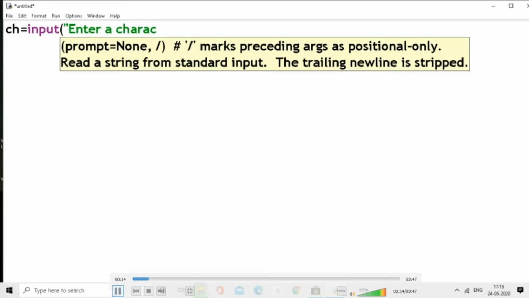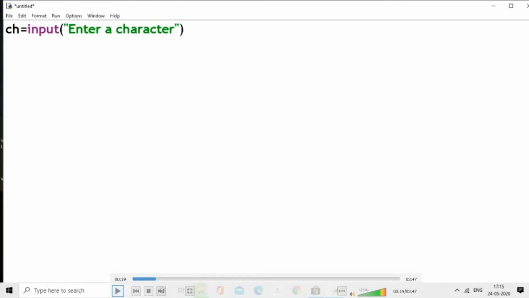It should be given in double quotation marks, which shows it is a string, a message, and then the opening and closing brackets are there for the input function. Whatever the user is giving will be stored in the variable ch. Ch is a character type, and in that I am storing that value.